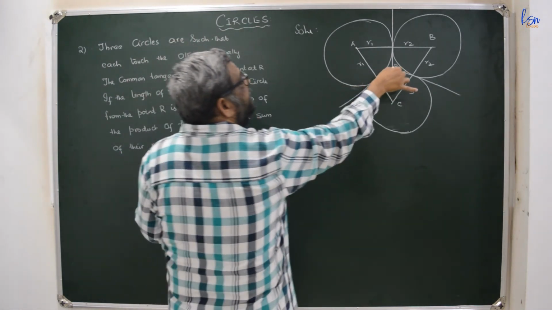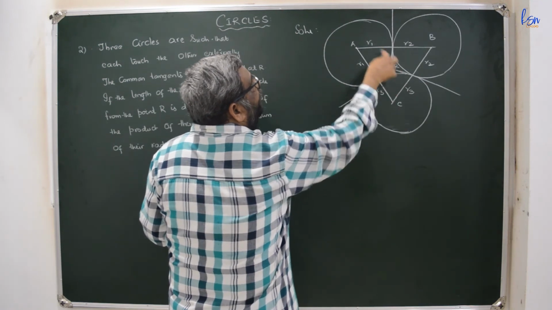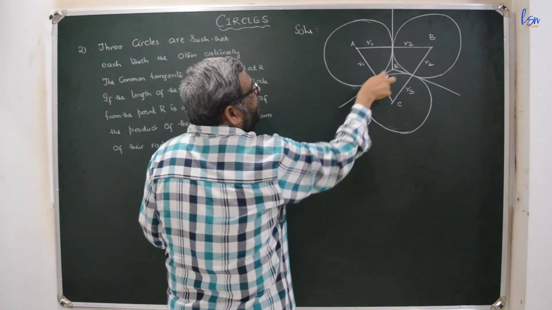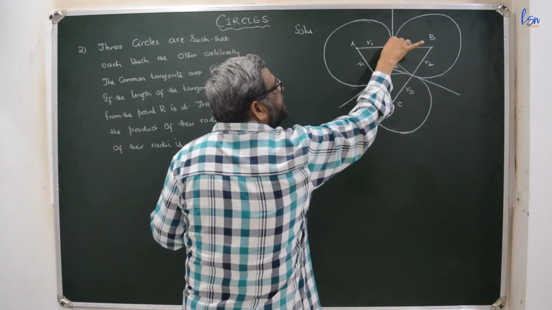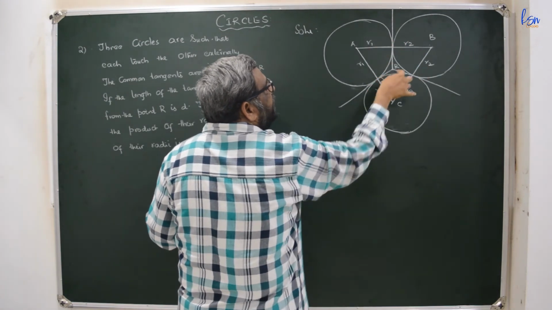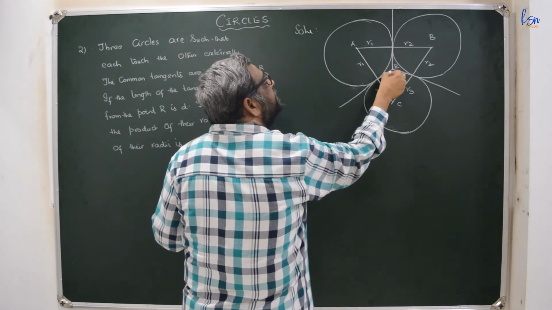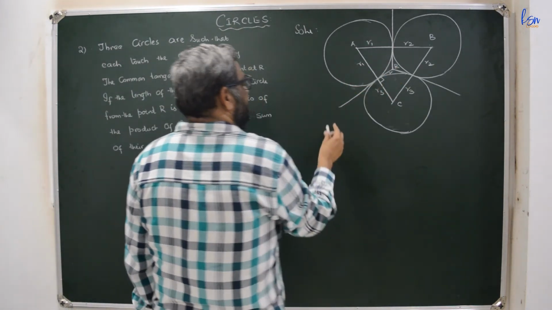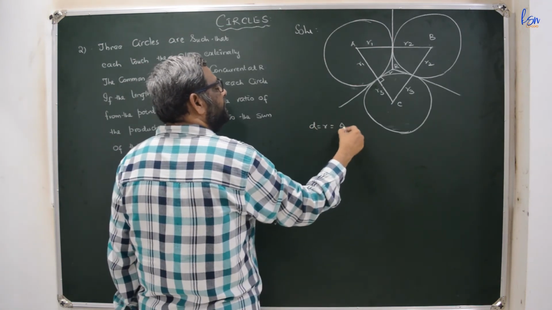Now here, this being the tangent, and this a line joining the centers, this will be perpendicular to this. So now if you consider this ABC as a triangle, from this point it is perpendicular, and this is the radius, the distance from this point to this side and also this one. Now here this is the inradius of this triangle. This is the small r, for example. Therefore the small r itself is D. So D is equal to small r is equal to delta by S.